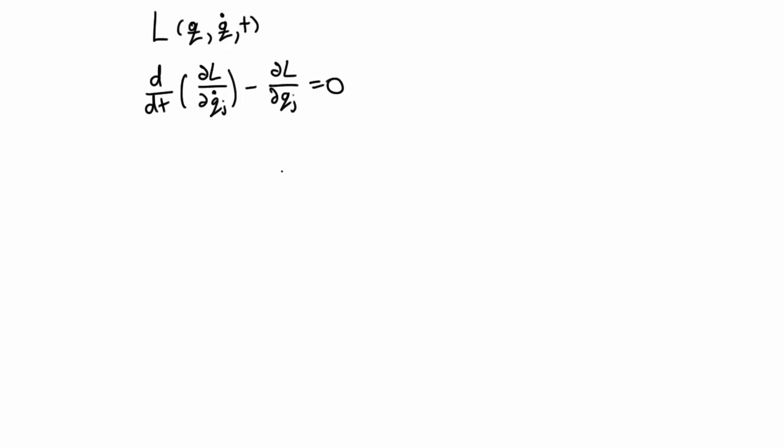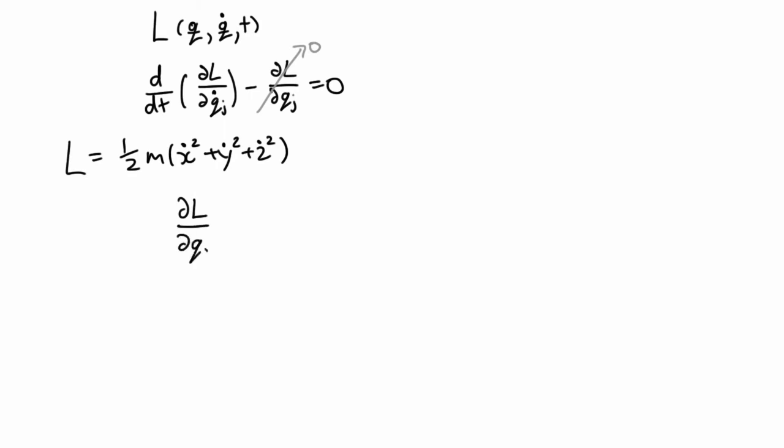The classic example would be a free particle where the Lagrangian was just the kinetic energy term. And yes, it depends on x dot, y dot, and z dot, but it doesn't depend on x or y or z explicitly. So in that case, this term here would be 0. In that case, this thing in here is clearly conserved. And by conserved, I mean that its time derivative is 0, so whatever value it has initially, it has for